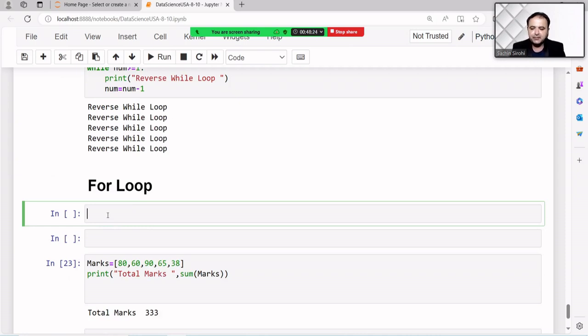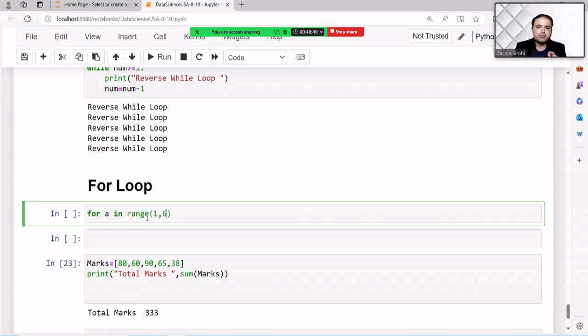We can print: for a variable a in range. Our function name is range. Where you want to start, like 1.